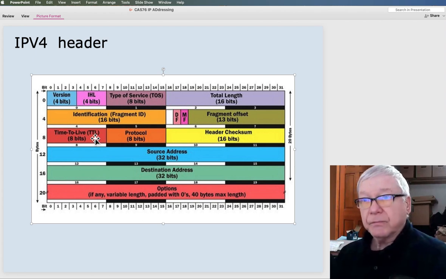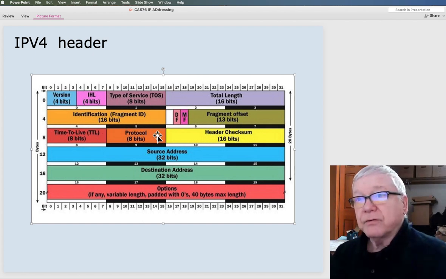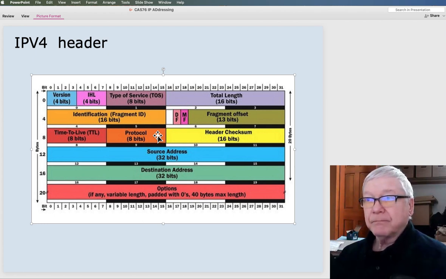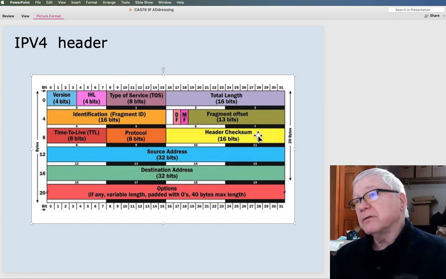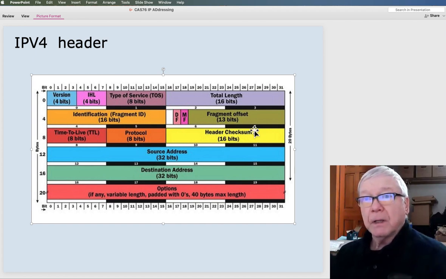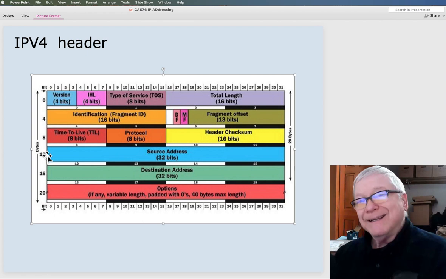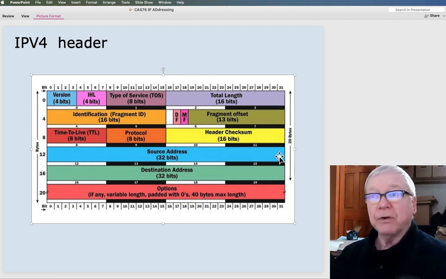The next 8 bits tell us what protocol we're carrying inside this IP. Then what's our checksum for the header? If we calculate this again after we receive it and get the same number, then we know no bits got flipped in the transmission.